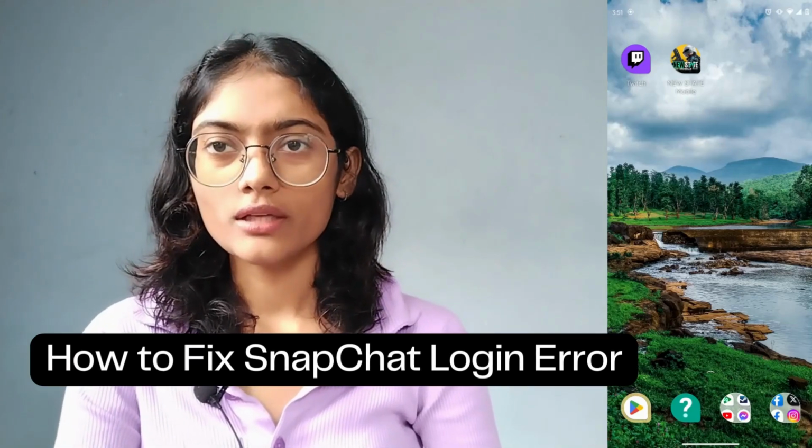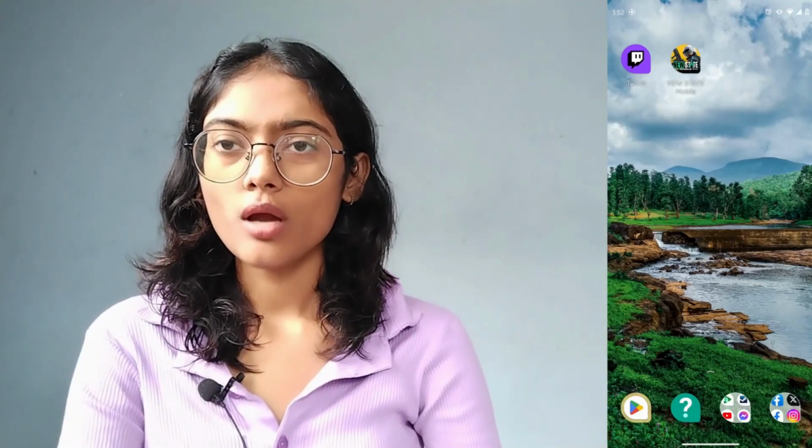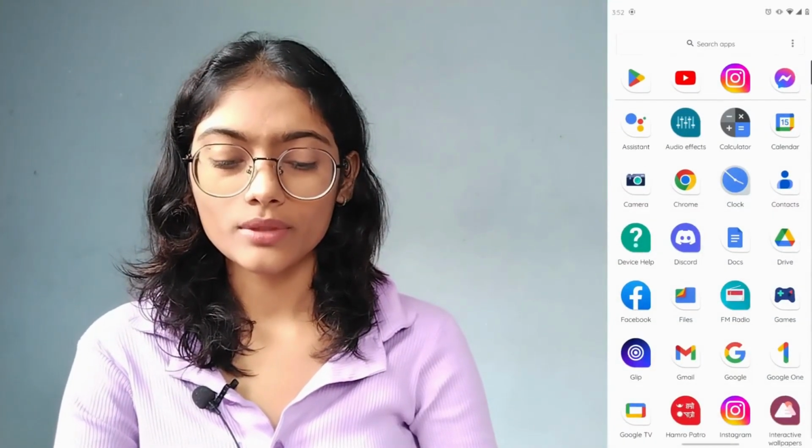How to fix Snapchat login error. So if you're facing a problem with Snapchat login, then first of all open up your Snapchat application,